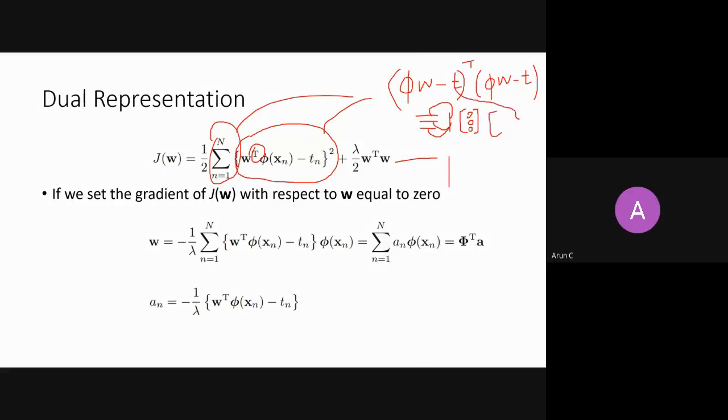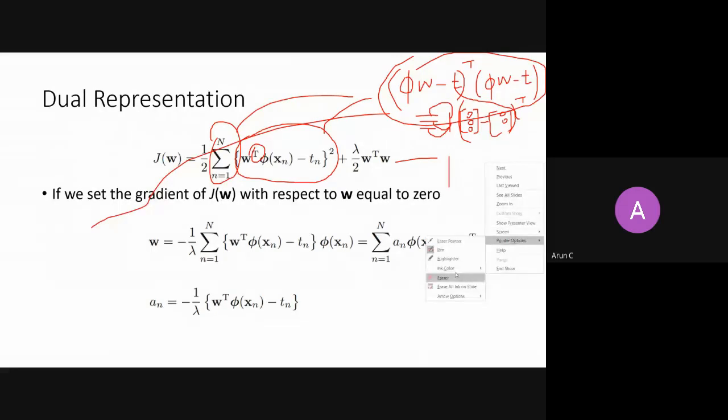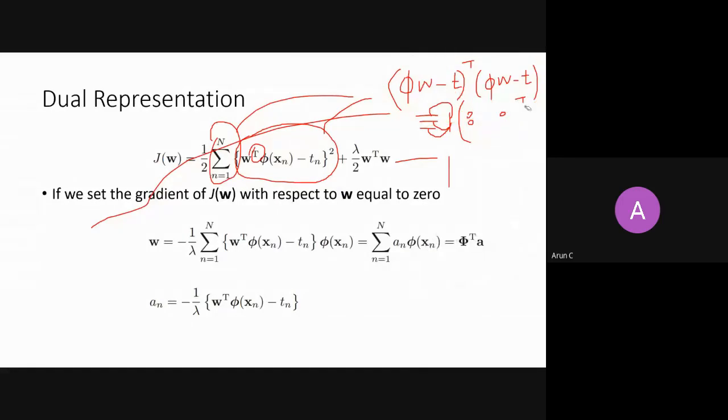So T is your target variables. What is first one, second one, and then you're subtracting it, right? And then taking a transpose. So this is what we do. Now this is your expression. You simplify it. When you simplify it, it's a bit messy, so I will clear something. So this is your expression, right?